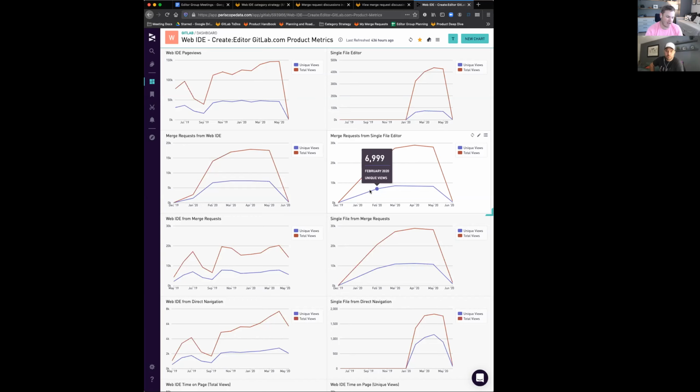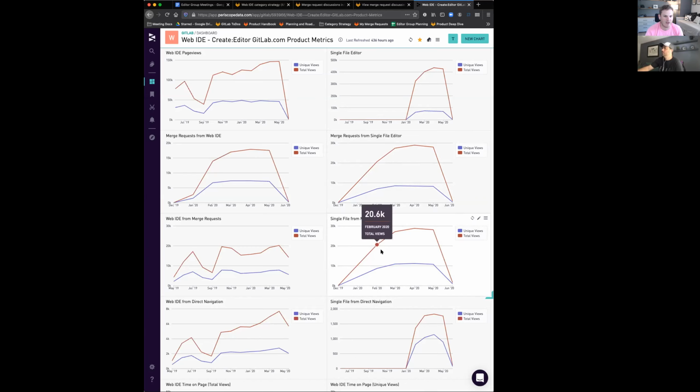I'd imagine the single file editor workflow is much more like there's a merge request that already exists and you hit edit on a file, which uses the single file editor, and then you're directed back to the merge request when you save. So that's probably not quite an apples to apples comparison, but it shows that there's a lot of single file editor usage inside of merge requests.